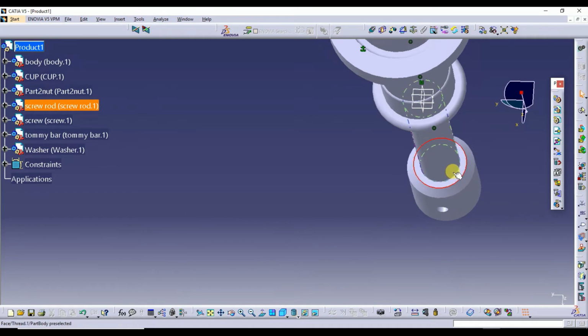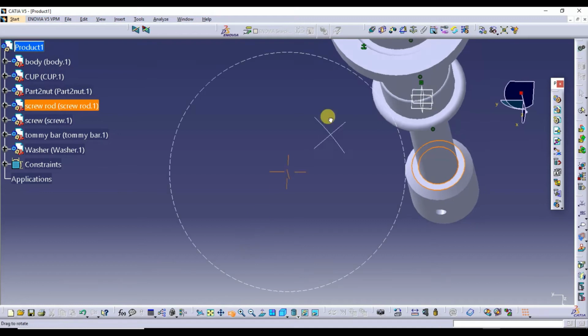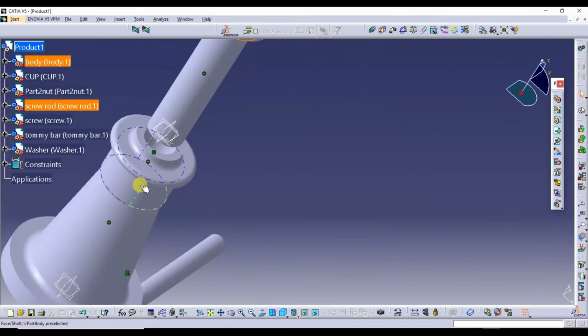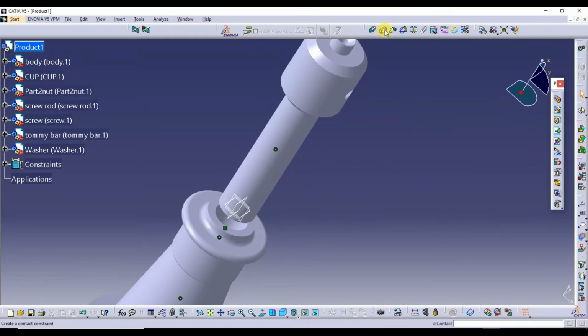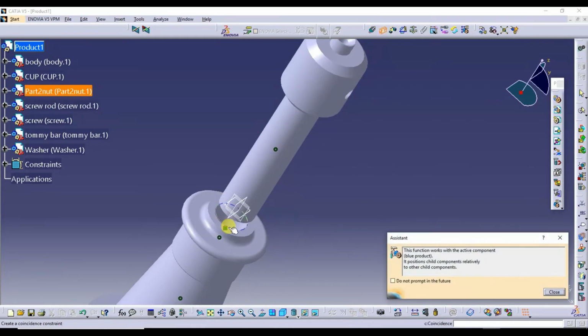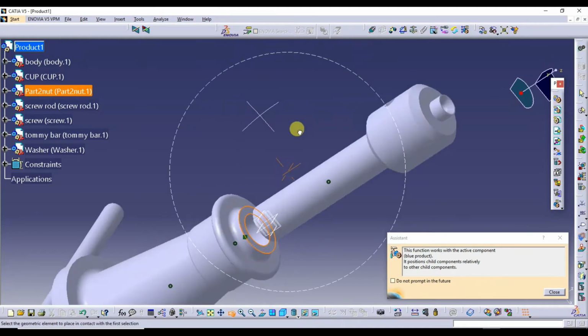This surface. Next, this surface should coincide. So I'll go for the contact, this surface. I'll rotate this.